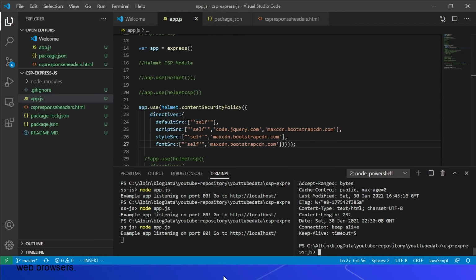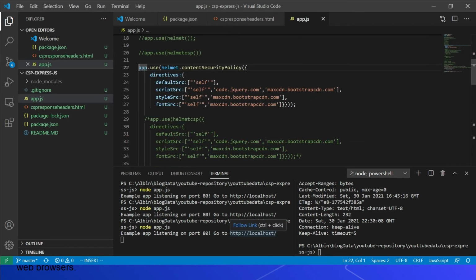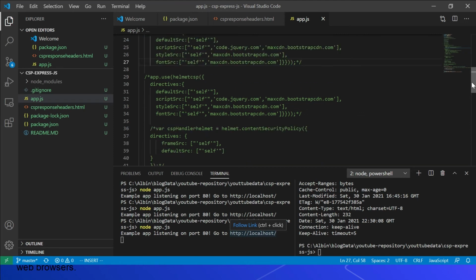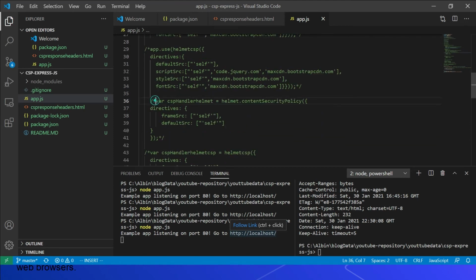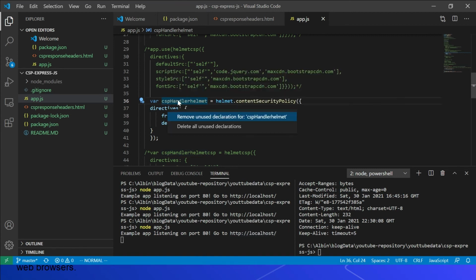Let us now see how to enable the CSP configuration for a specific route. Let me comment out this section. Okay, fine. Let me come down and uncomment this. Here I am defining this helmet.contentSecurityPolicy variable, cspHandler, with frameSrc and defaultSrc. I'm going to configure this handler to the required routes. So let me copy this.